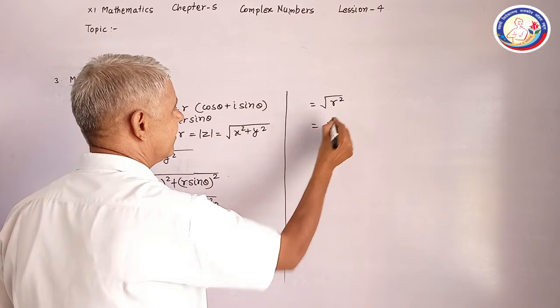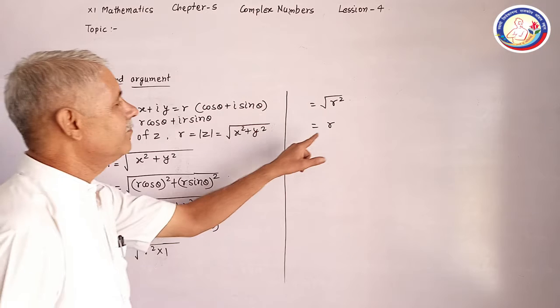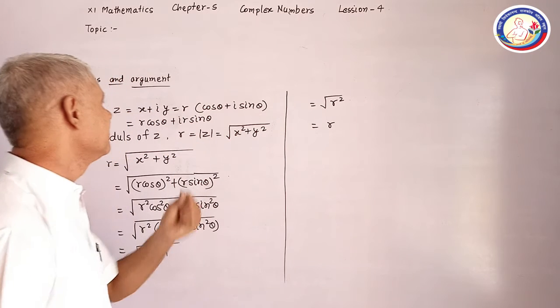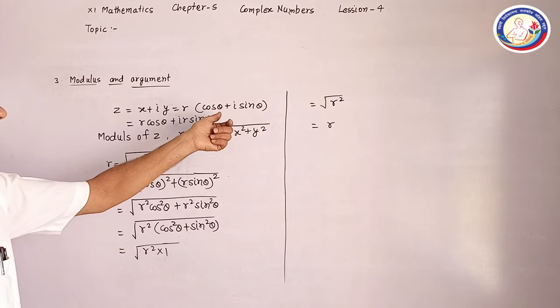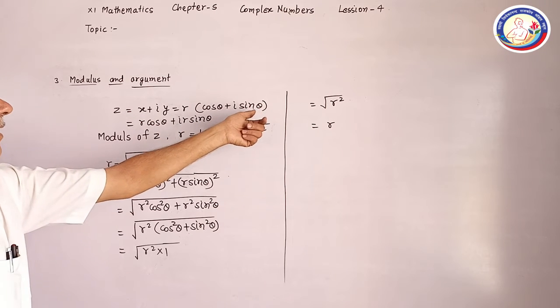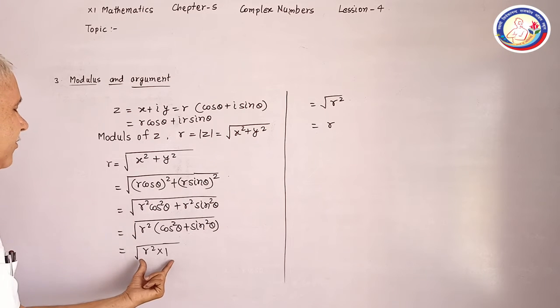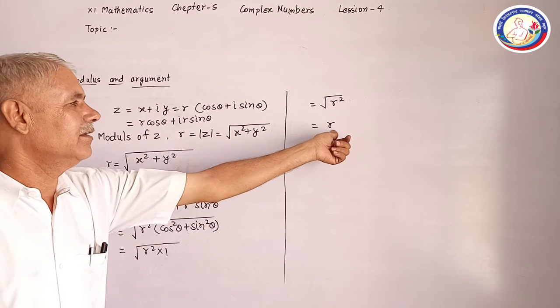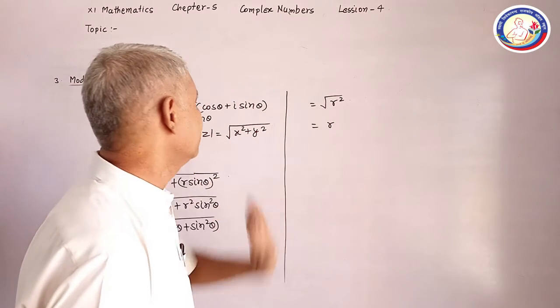And this will be r. So, if we want to find the modulus of any complex number given in polar form, what will we do? We will square and add both the parts here, and then we will proceed in the way we can find the modulus r. We will practice it by taking some examples.